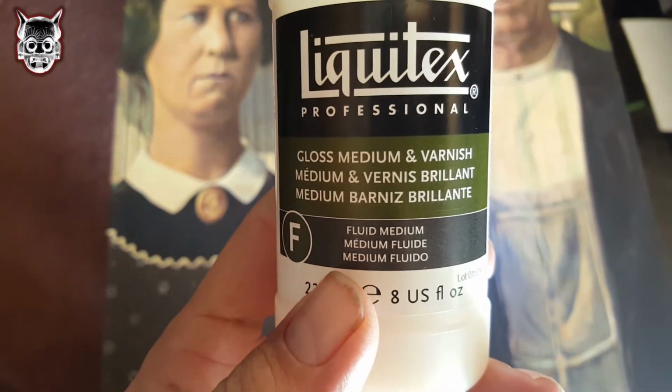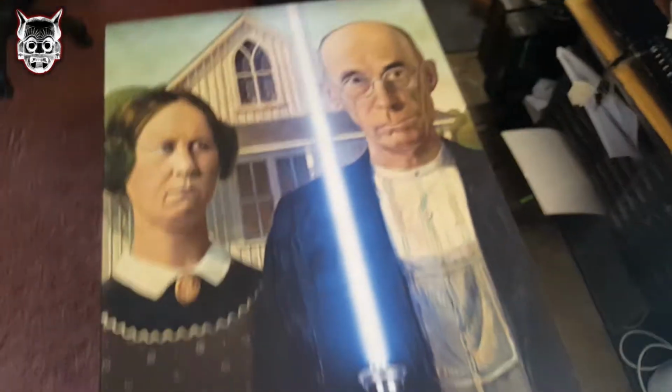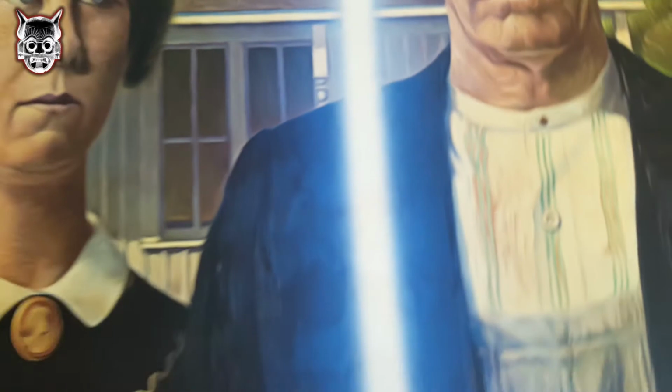gloss, medium and varnish. Now the trick is, if you look into this, it's actually printed, and it's pretty huge, a very big canvas, nearly a metre tall. If you look into it, you can see the textures of the canvas, and you can see the oil painting effect that I put into the work. There we go, see? You couldn't really see that in the previous video because I only printed it out small. But anyways,